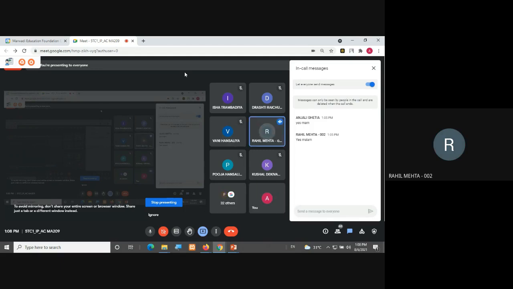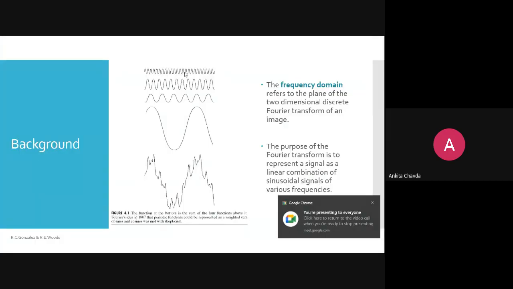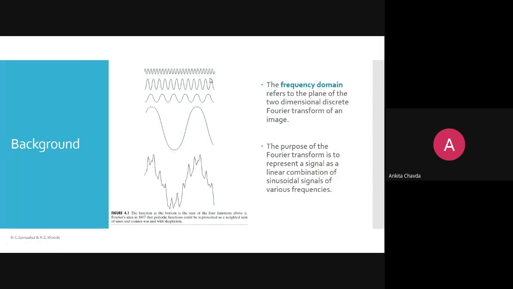Ma'am, can you repeat the question? Your voice was lagging in between. I'm asking, what is frequency? It's the inverse of the time taken to complete a wave or something. Okay, fine. So that is your high frequency and low frequency. So here, which frequency is the higher one and which one is the lower one? Can you tell me?